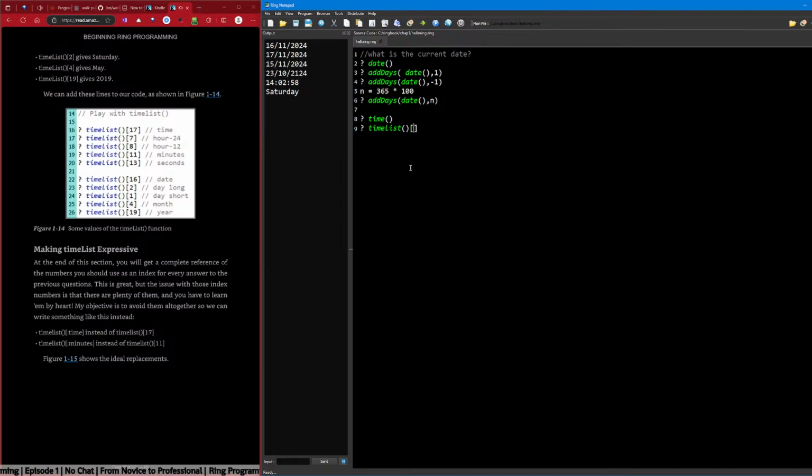What is that then? 3. What the... Oh, short month and then long month is 4. Oh, okay. I'm a dummy. I was thinking each number would correspond to a day of the week, but it's today is what it's doing. Okay, my bad.